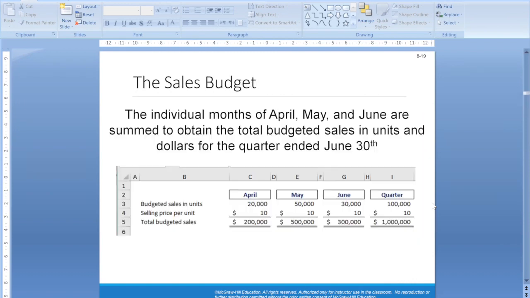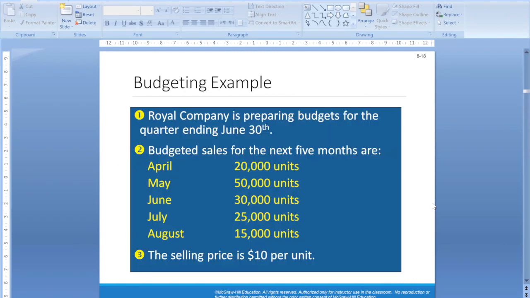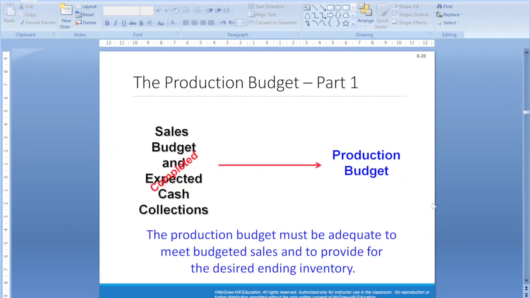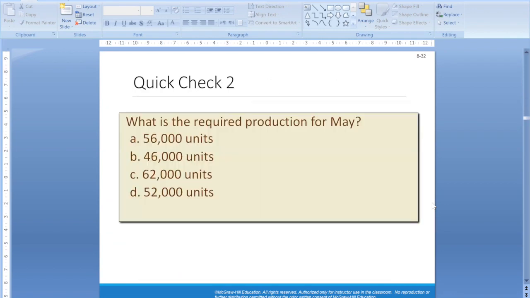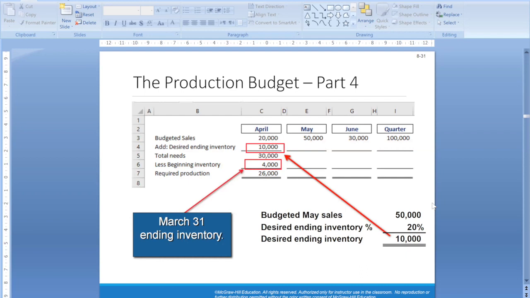So I need to talk about what? August. So 20% of August will be 3,000, which is 15,000 times 20%, right? So 20% of August will be 3,000. So the total will be 28,000,